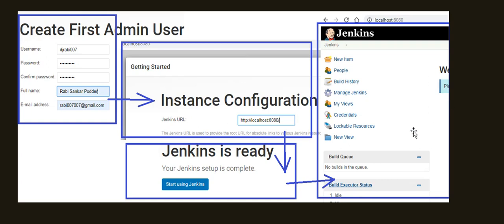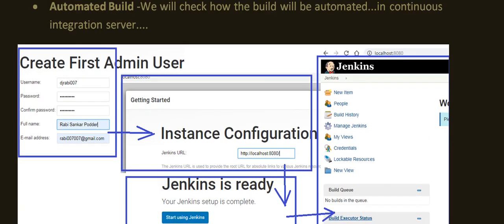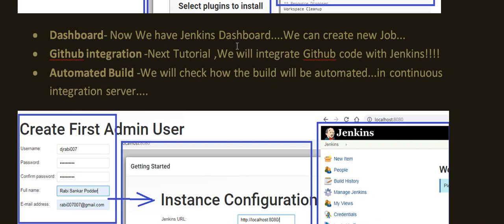Here I don't have any job. Later, in the next tutorial, GitHub integration will be covered, right? From GitHub it will take the code and build the integrations. So this way we can complete the Jenkins part, how to use it. Here I have just shown how to install it and